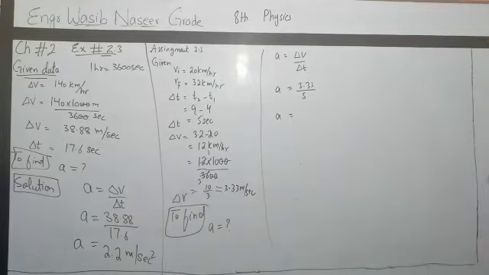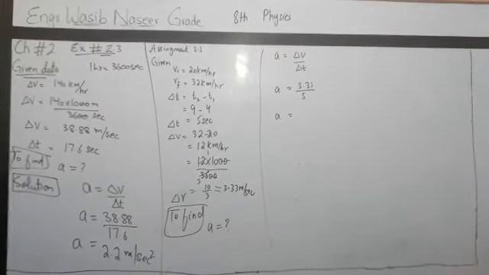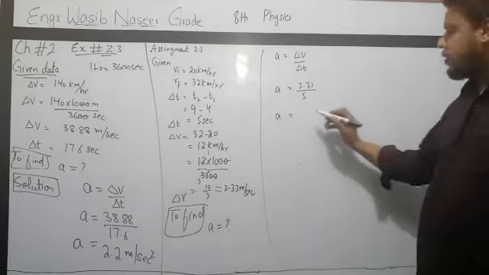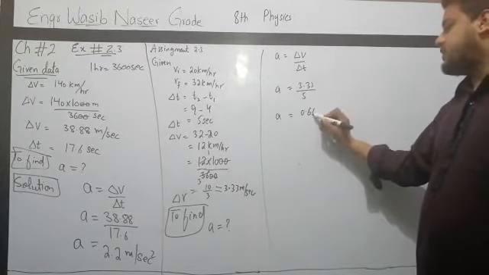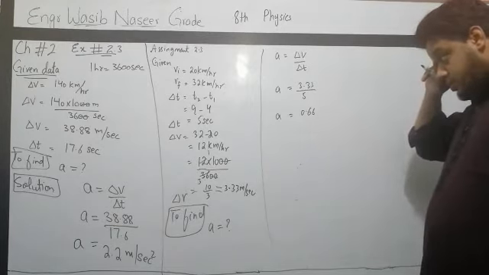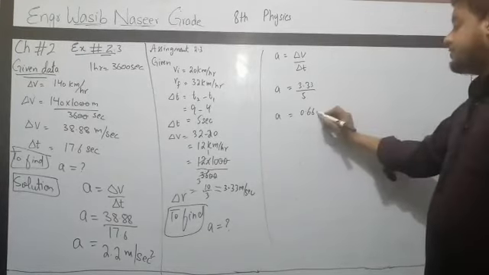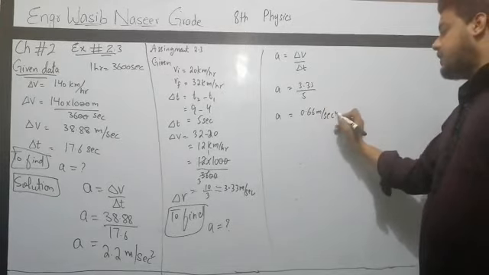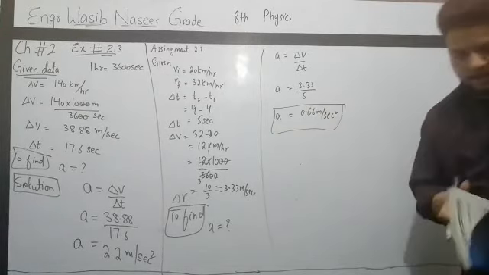So you will calculate the acceleration. 3.3 divided by 5, it is almost 0.66 meter per second square. This is the value of acceleration. Okay,